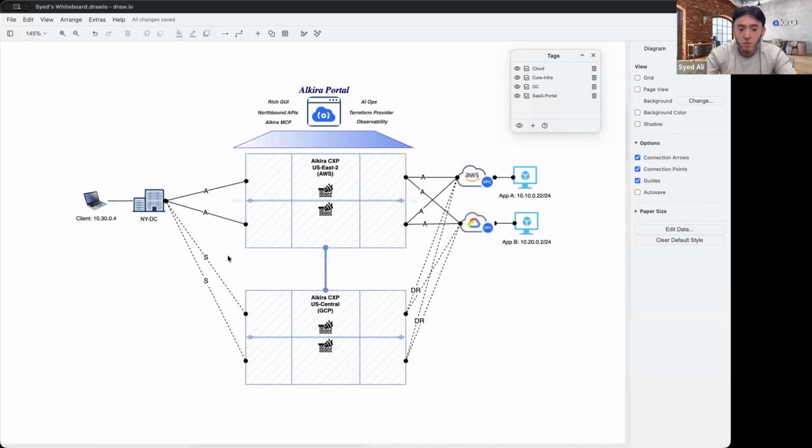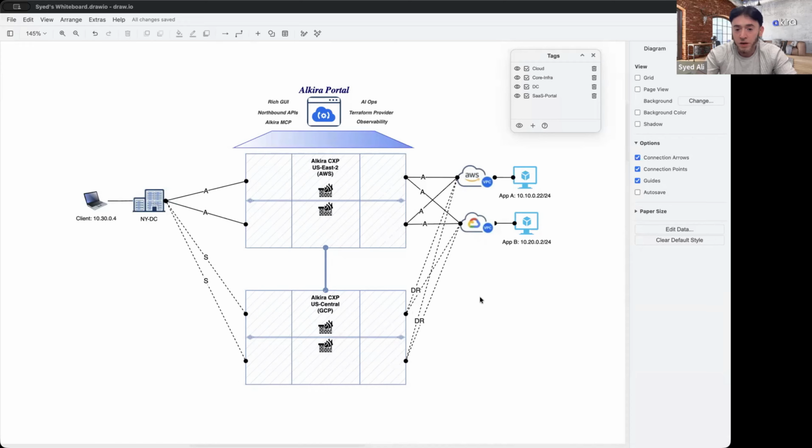There are also active BGP session peers with the US Central CXP as well, but it's standby just from a routing preference standpoint. We're using AS prepend to make this region less preferred for the New York data center, and make the CXP in US East the primary.